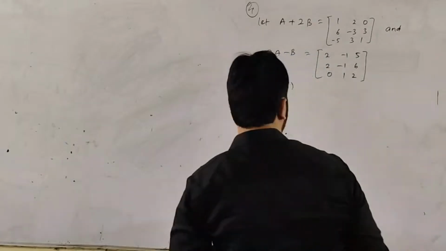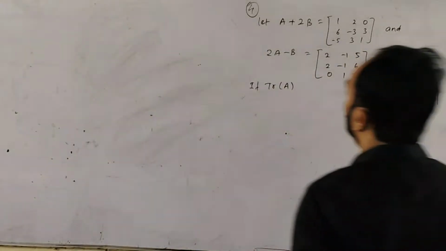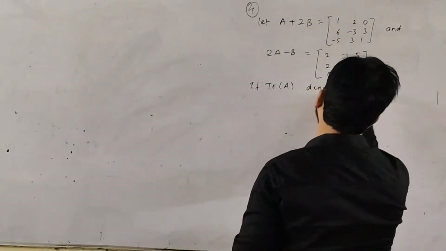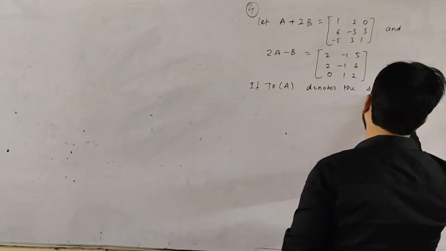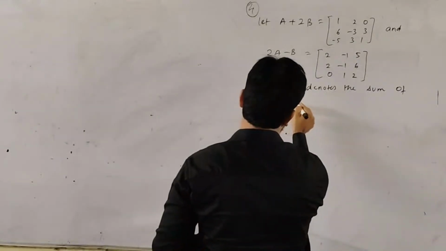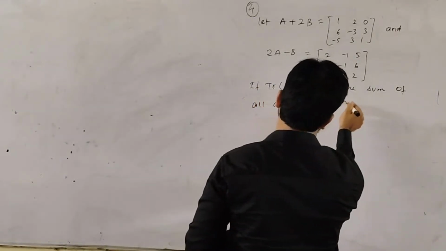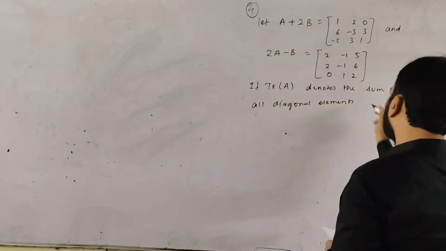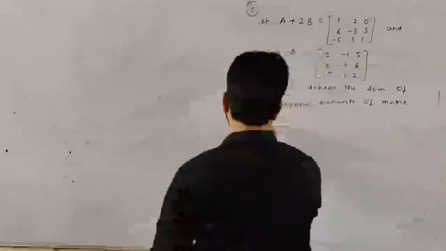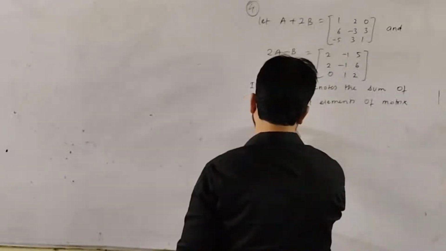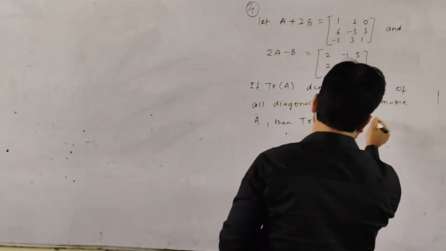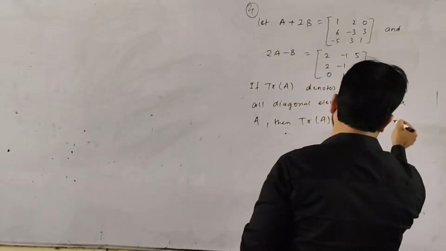A, what do you mean by trace? Sum of the diagonal elements, right? So if trace of A denotes the sum of all diagonal elements of the matrix A, then trace of A minus trace of B has value equal to,